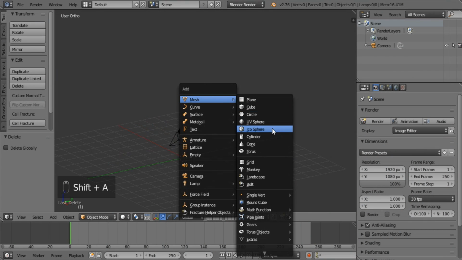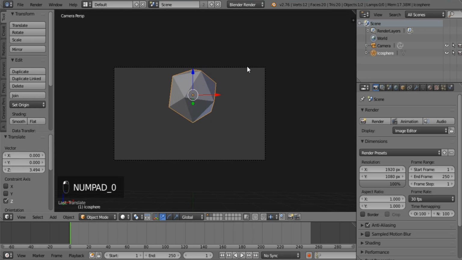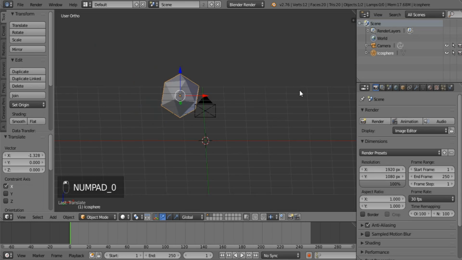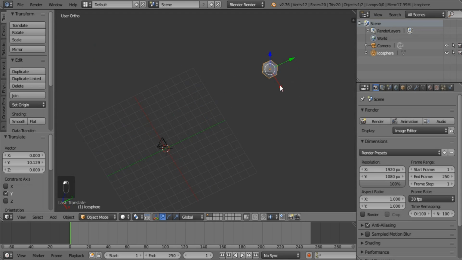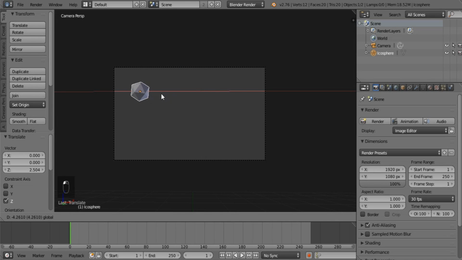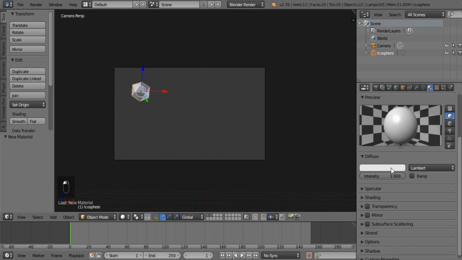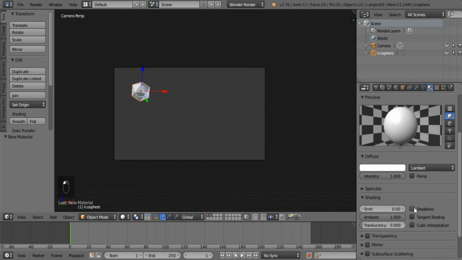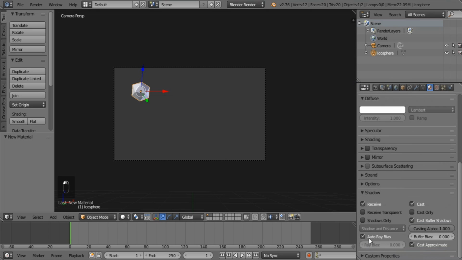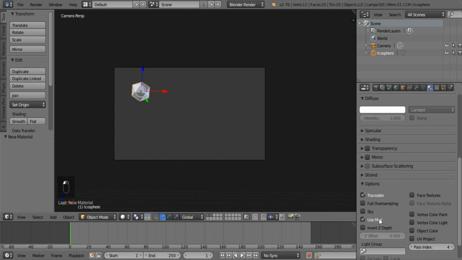So add an icosphere, subdivision 1. Let's make sure it's nice and in view. Feel free to rotate it as you wish. Now this is just to get the look. Just going to put it in there, needs to be a good size. Let's make it shadeless. It's called a sun object. Make sure it's a pure white, shadeless, and no need for shadows. Need to be able to separate it out,